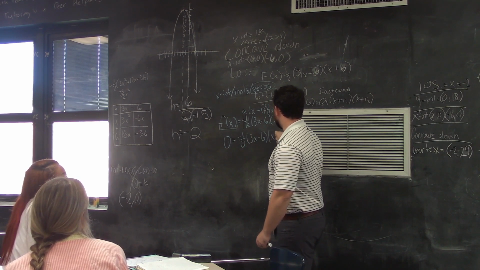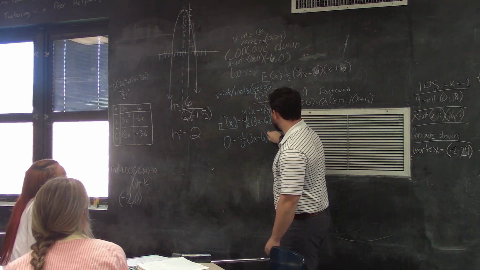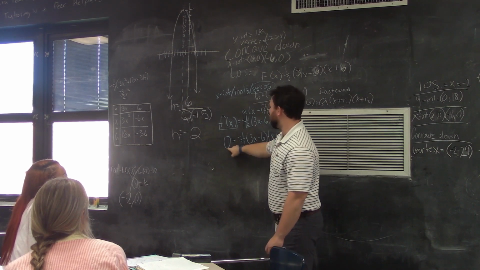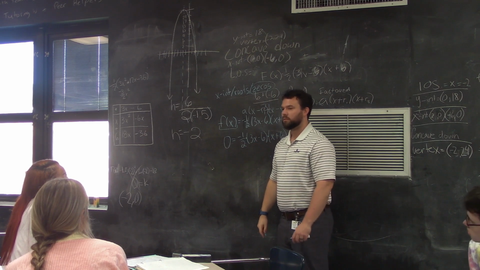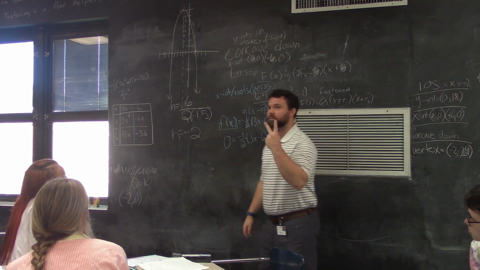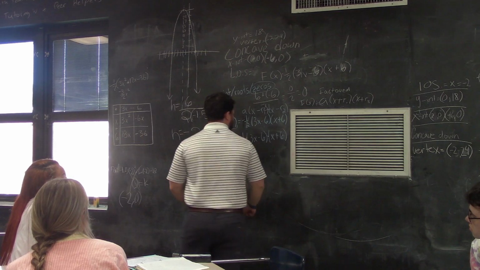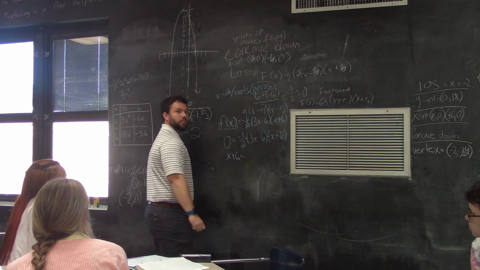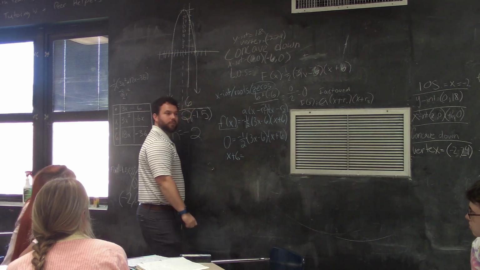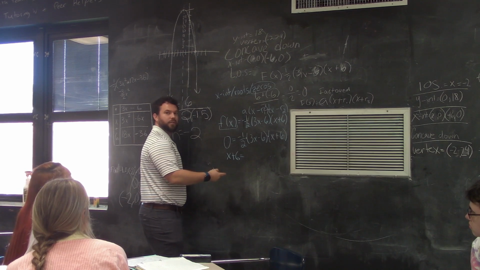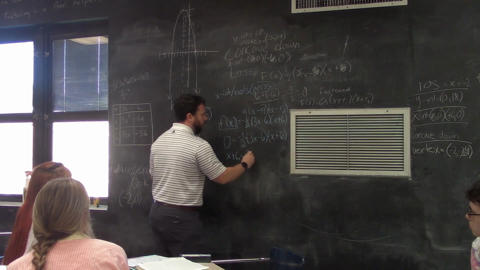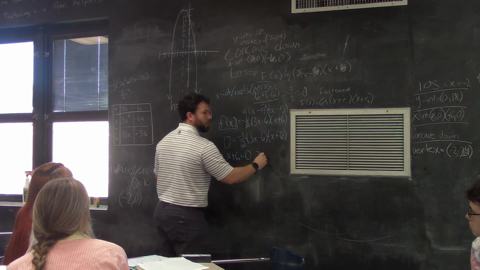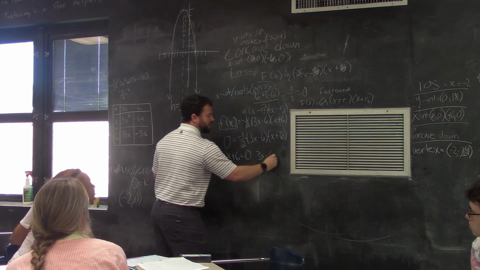And so what has to be true if I have a product of 0? One of two things has to be true. Either, come on, I'm waiting on y'all. Bless you. Either x plus 6 equals 0, or 3x minus 6 equals,